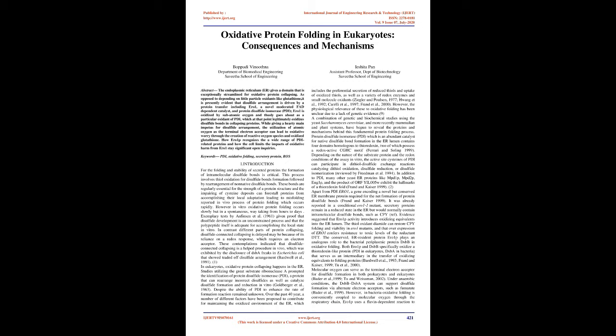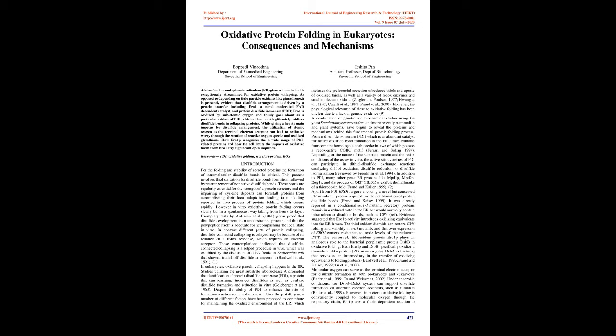Protein disulfide isomerase, PDI, which is an abundant catalyst for native disulfide bond formation in the ER lumen, contains 4 domains homologous to thioredoxin, 2 of which possess a redox active CGHC motif, Ferrari and Soling, 1999. Depending on the nature of the substrate protein and the redox conditions of the assay in vitro, the active site cysteines of PDI can participate in dithiol-disulfide exchange reactions catalyzing dithiol oxidation, disulfide reduction, or disulfide isomerization, reviewed by Freedman et al., 1994. In addition to PDI, many other yeast ER proteins like MPD1p, MPD2p, EUG1p, and the product